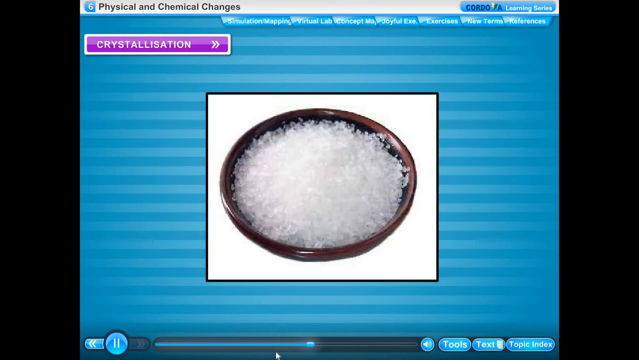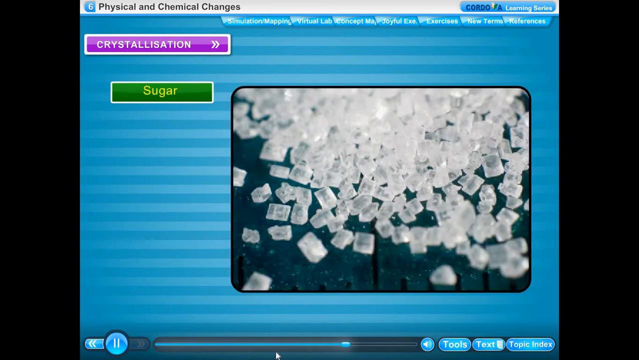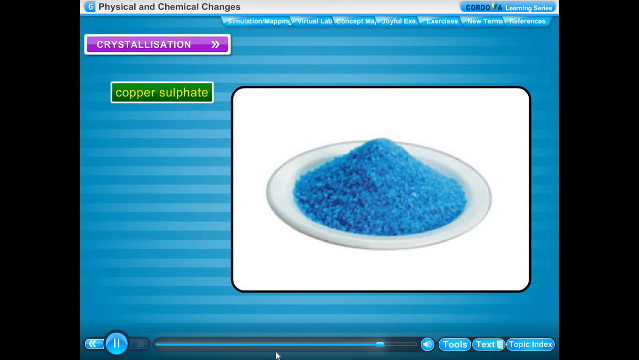Crystals are the purest solid form of a substance with a definite geometrical shape. Many substances like sugar, urea, copper sulfate, alum